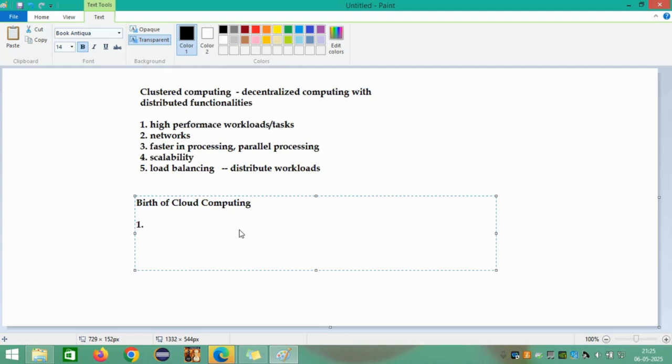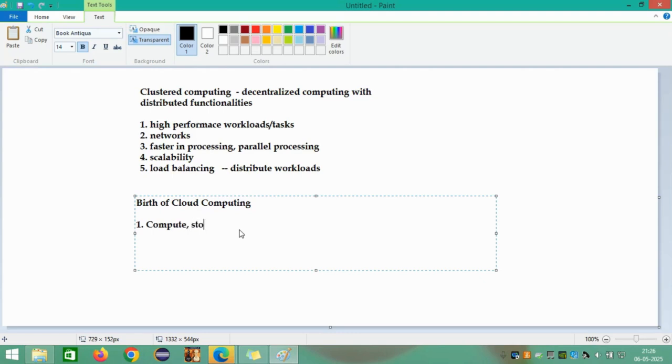So cloud computing is again going to be doing all these functionalities, starting right from your client server computing to clustered computing, with more advanced features and techniques added to it. So what are those advanced features and techniques? As we had seen,